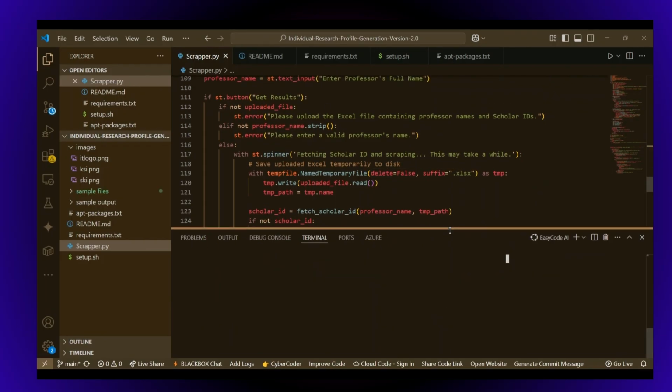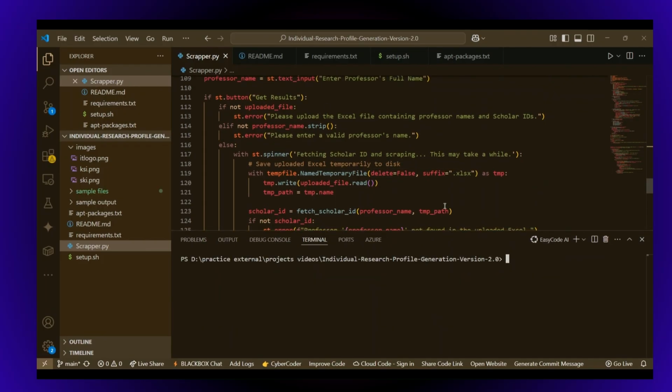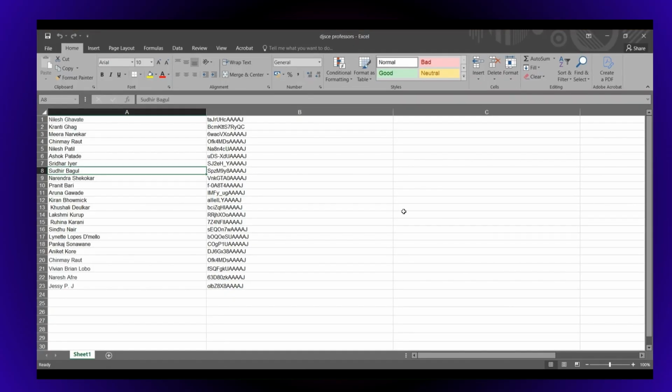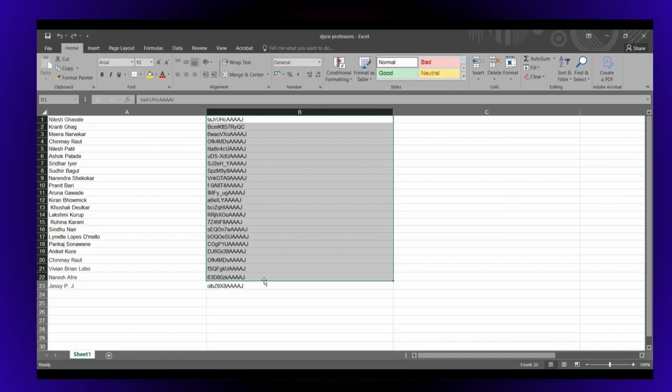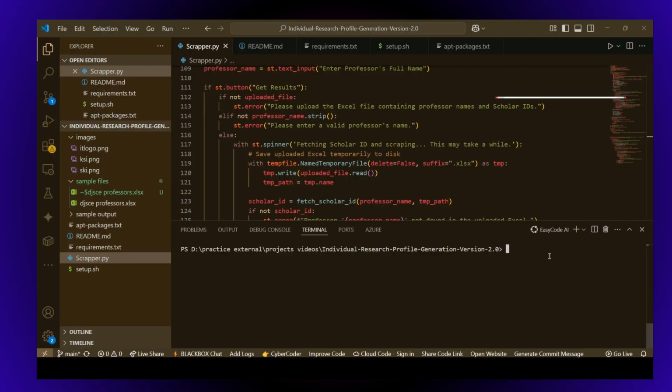Okay. I will show you a sample file before we proceed further. So it has been included in this itself. So here it looks like this is the name and this is the scholar IDs. This is a sample file which you can curate from Google Scholar manually as well, and that is what you have to feed in the input part during the whole session. Let's move on to the execution part.